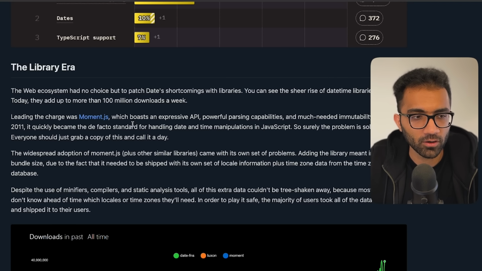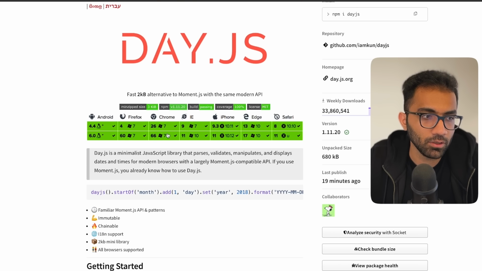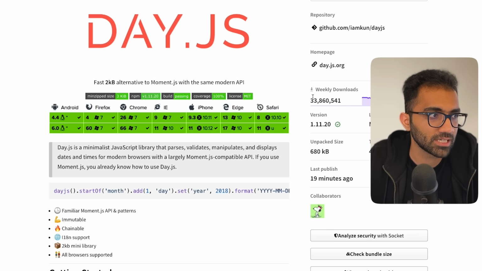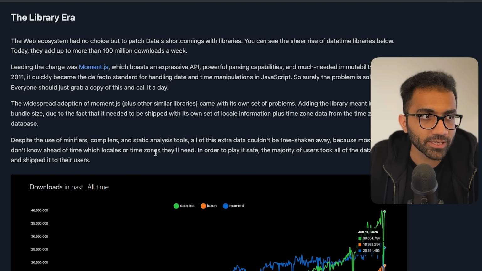If you know about moment.js, date-fns is also a library. Day.js is also a library that we use very much in our own code base, which has about 34 million almost weekly downloads, right? So these libraries have hundreds of millions of monthly downloads just to fix something that should